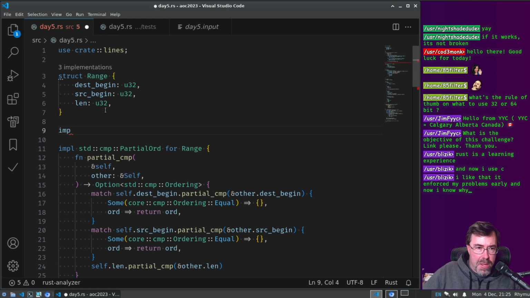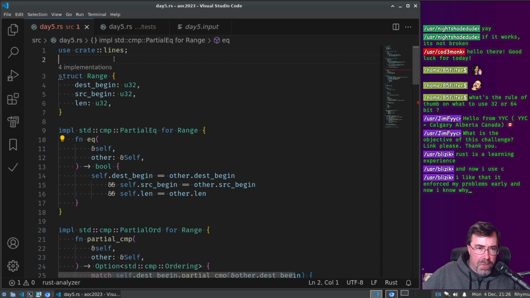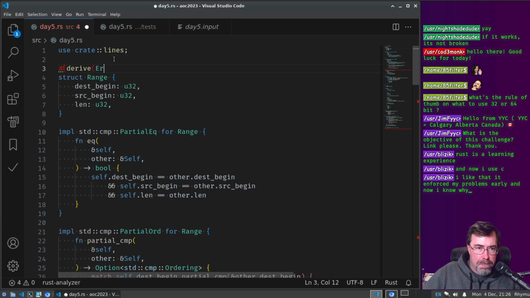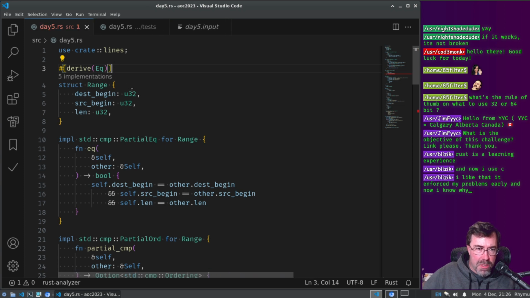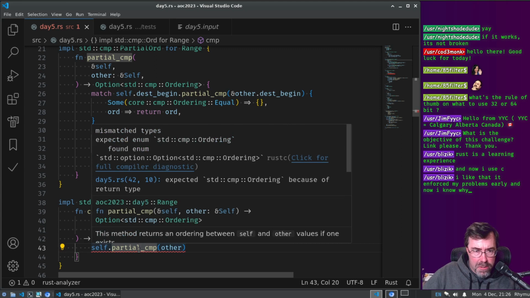Eq has to be satisfied. Now, that is definitely PartialEq, right? And then I think this is the one where we can derive Eq. Yeah, so that one you can derive. This one you cannot.